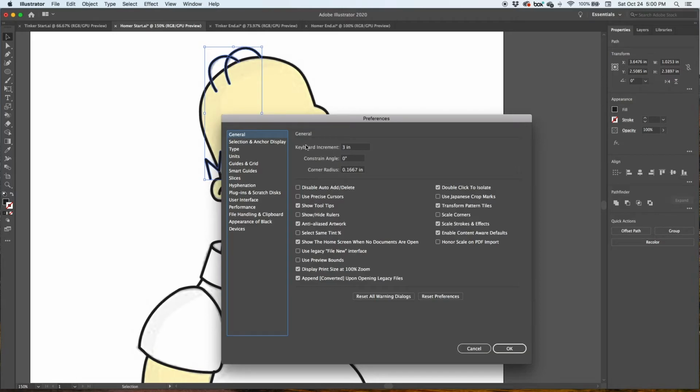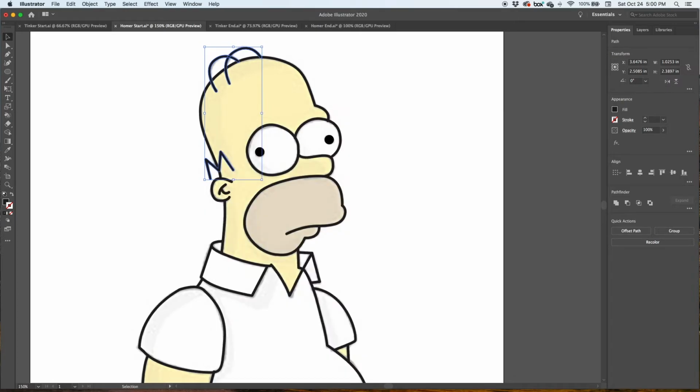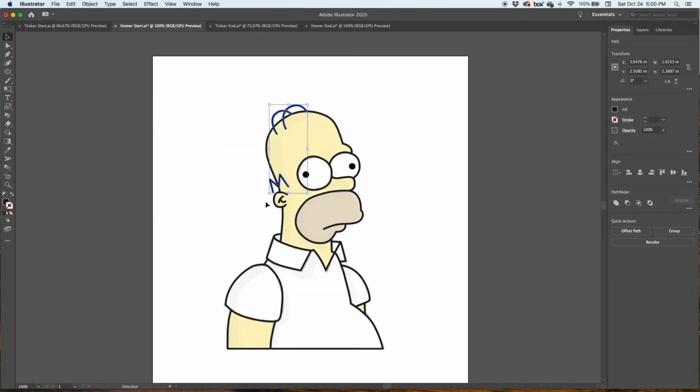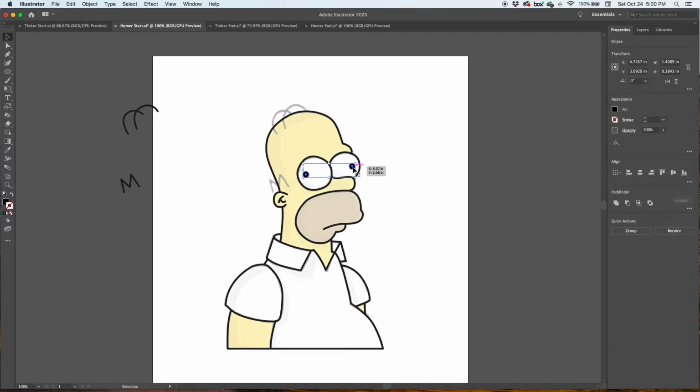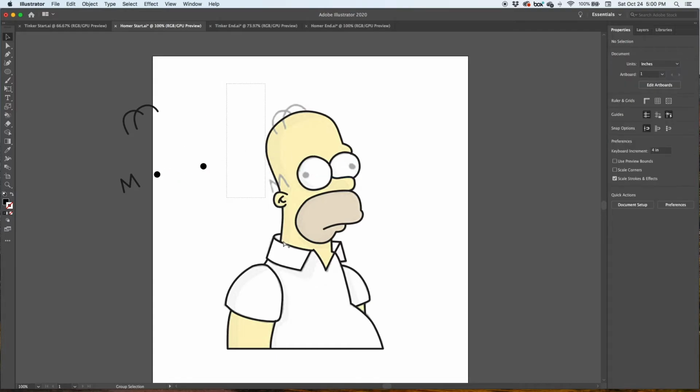No, actually, General, Keyboard Increments, and I'm going to put it at 4 inches, and then just move it with the arrow key 4 inches over. And I'm going to do the same to the pupils. Just move it with the arrow key 4 inches over. I'm going to select everything,